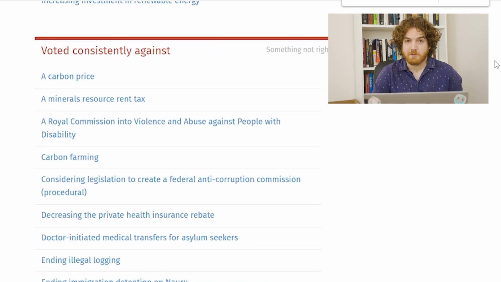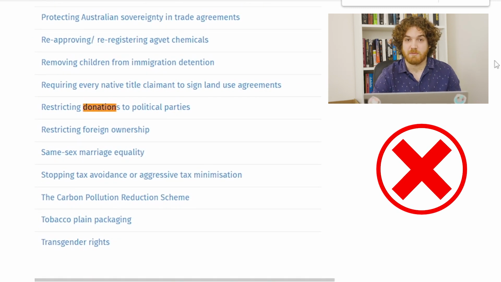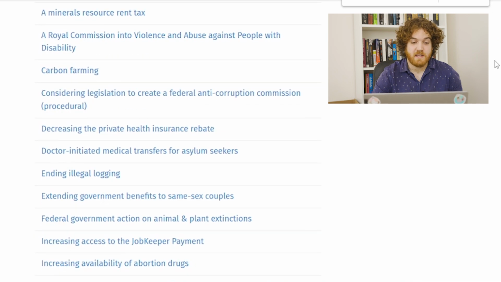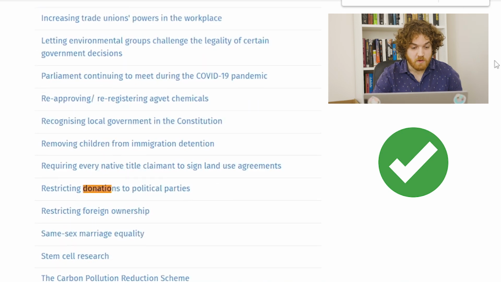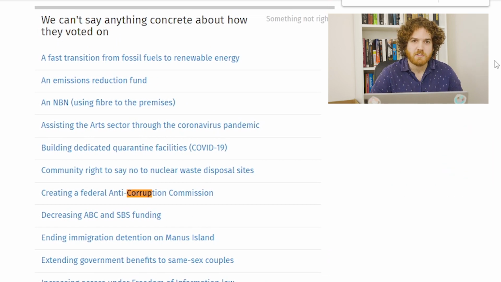Let's talk about political transparency. So, Scott Morrison has voted consistently against restricting donations to political parties, whereas Anthony Albanese has consistently voted for restricting donations to political parties. A big topic of discussion over the past several months has been a federal ICAC, or